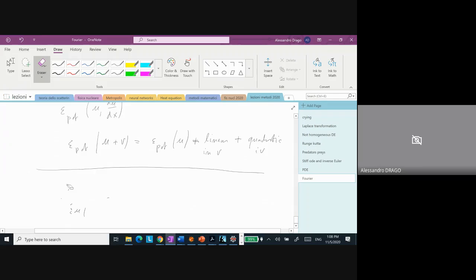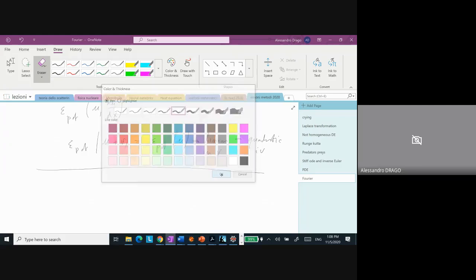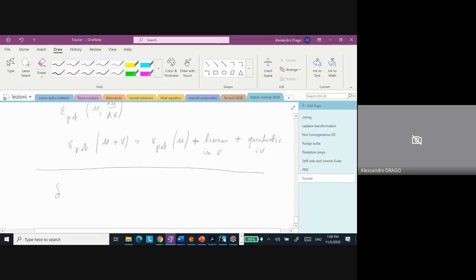Let me write the variation delta of the potential energy of u. And this variation of the potential energy I can write as the derivative of the potential energy with respect to u of x times a variation delta u, x, of course,